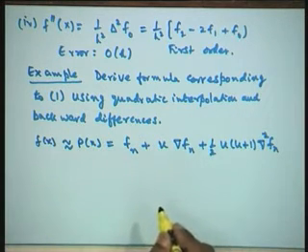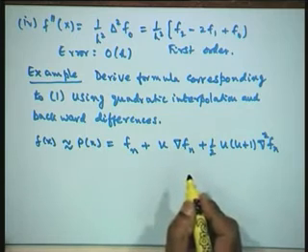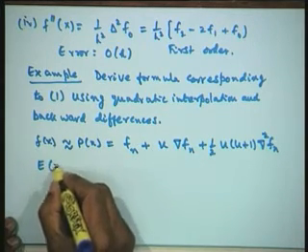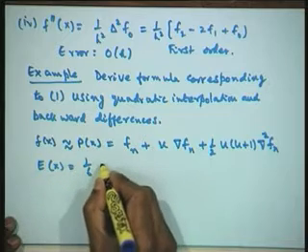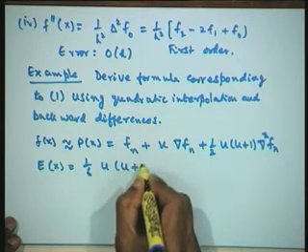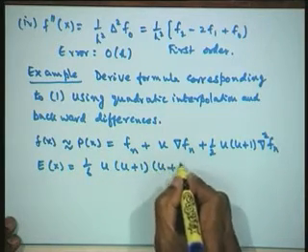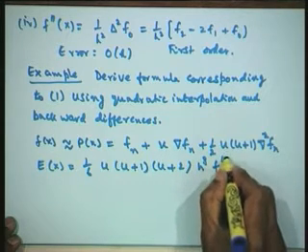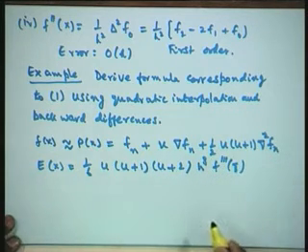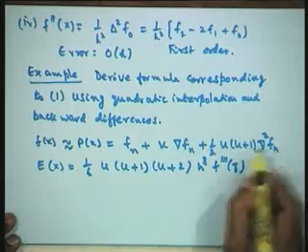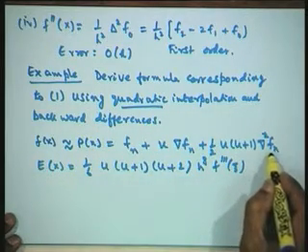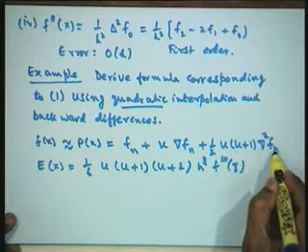This is the formula that we have derived for Newton's backward difference formula, and the error for this was derived as 1 upon 6 u into u plus 1 into u plus 2 into h cubed f triple dash of xi. We have used quadratic interpolation,